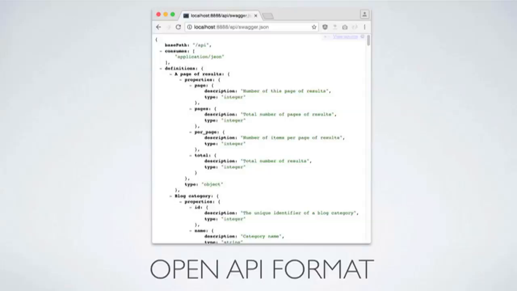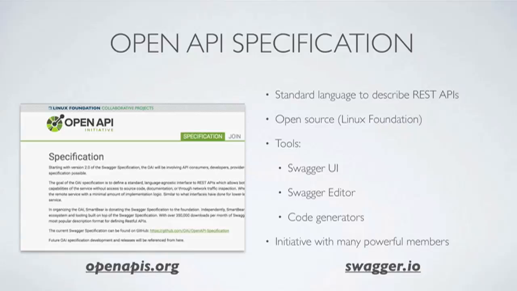So if I went to the URL /API/Swagger on my demo, I would get to see this description in JSON format. And because this description is in a standard format, there's a lot of tools that you can use together with this description of your API.